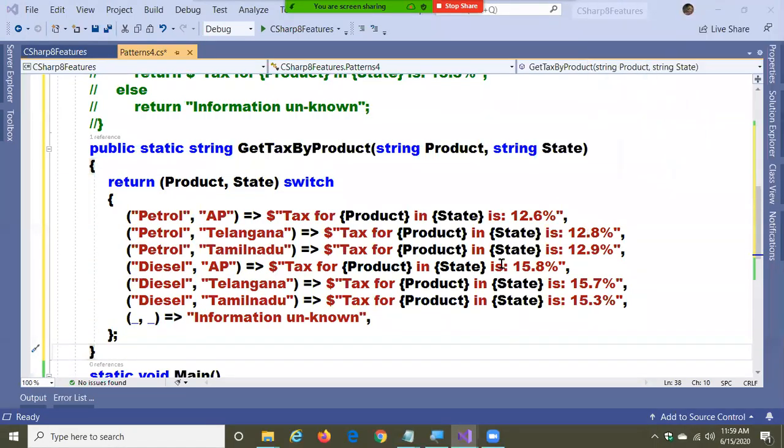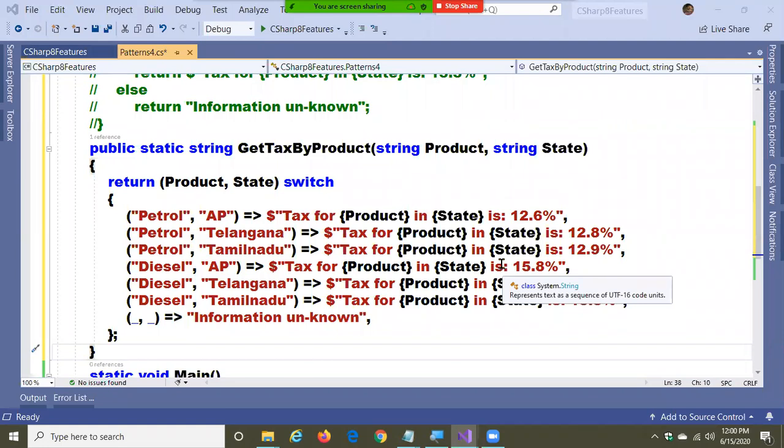Next, the next option we have is positional patterns. So it is going to be a positional pattern.